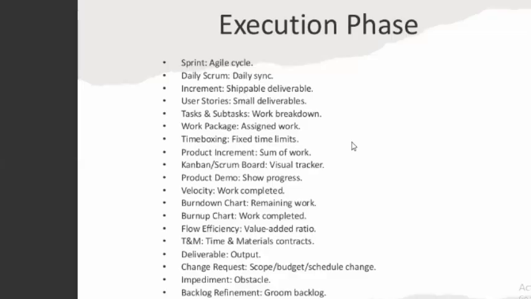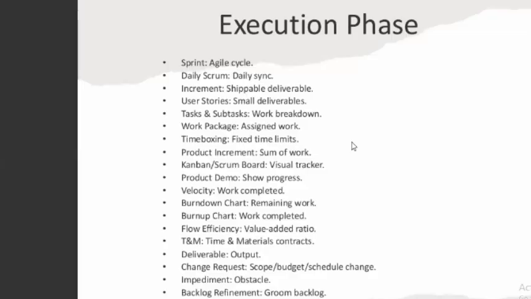So product demo. Product demo is basically where you come to describe what you have done, or show what you have worked on during the course of the sprint. So at the end of each sprint, there's what we call sprint review sessions or demo sessions. You come as a development team and describe or show us what you have achieved during that sprint, in visual form. Oh, this is what I've done, and this is what I've achieved, and we are good. Okay, so that's what we mean by product demo.